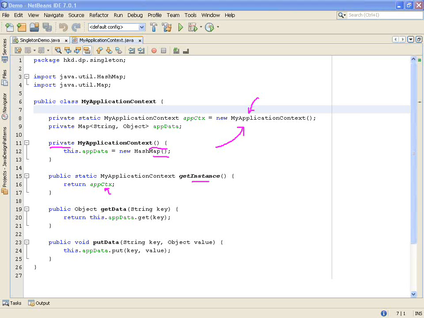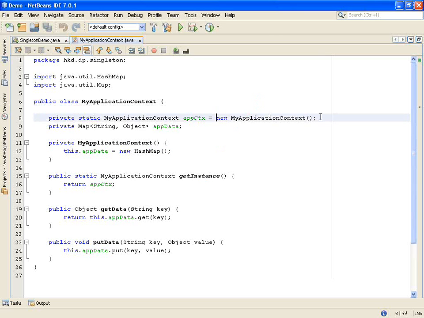The lazy initialization. So let's make the change in this code for lazy initialization. What I should do is, I don't want to initialize when the class is loaded.